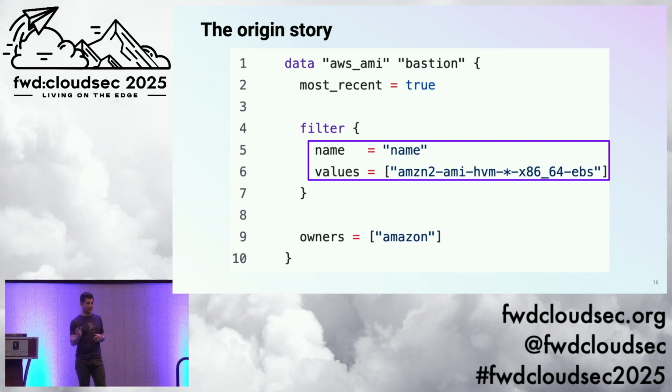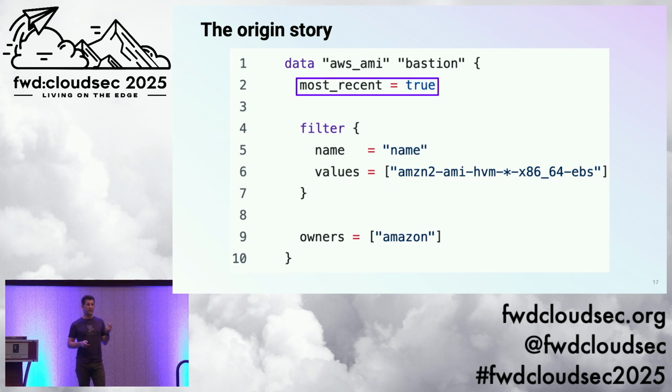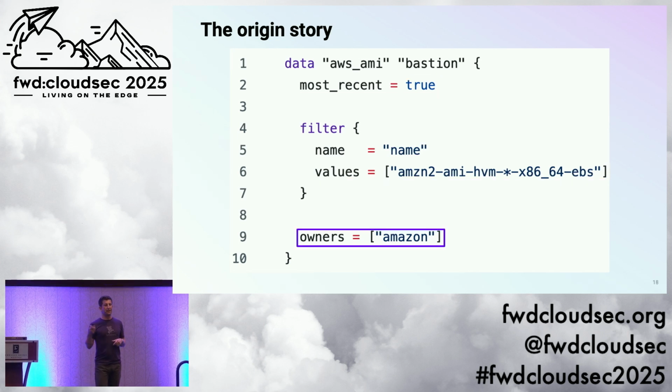That's usually where the date is, where the star is. So this allows me to only pick the most recent if more than one result is given back. And then here is where I'm saying I only want the ones from those verified providers. So now we have arrived at when I realized there might be a thread to pull on here.